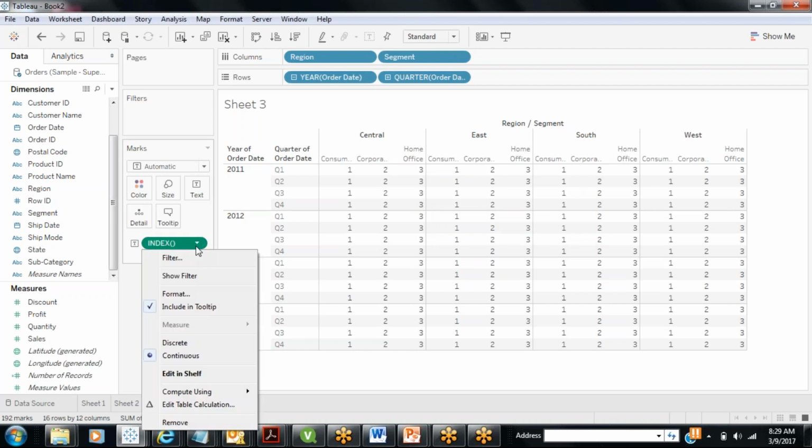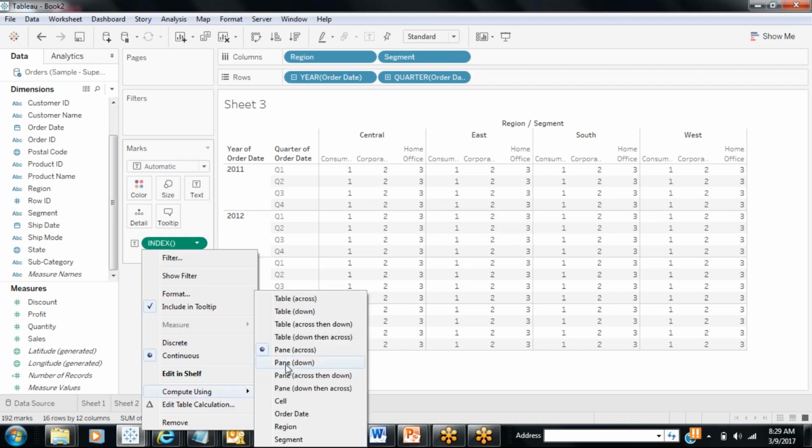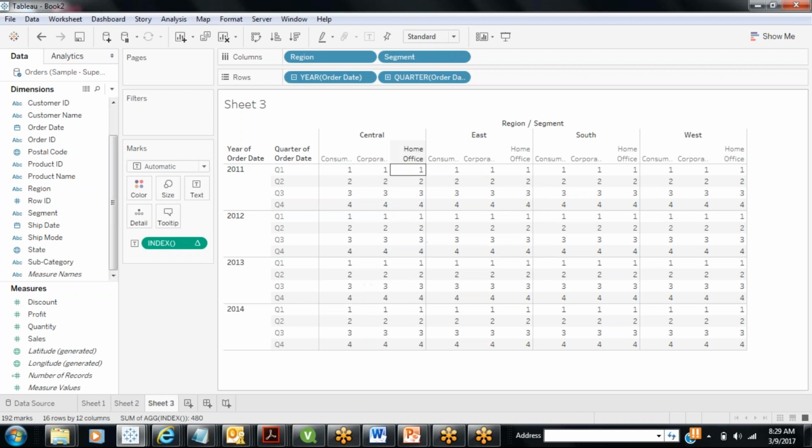Then let me go to the pane down. So when I go here, take the pane down, 1, 2, 3, 4, 1, 2, 3, 4, 1, 2, 3, 4. So everywhere 1, 2, 3, 4, 1, 2, 3, 4, 1, 2, 3. Right? So then,